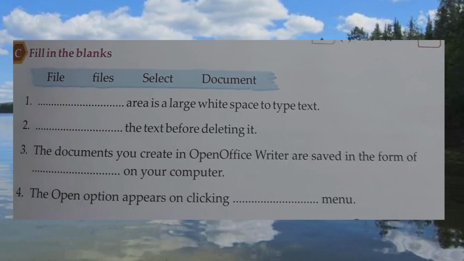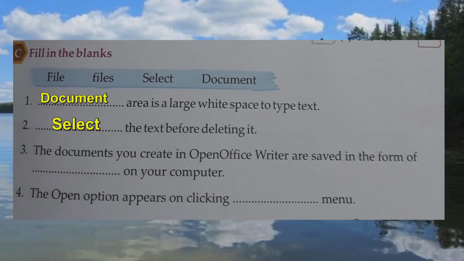Now fill in the blanks questions. Document area is a large white space to type text. Select the text before deleting it.